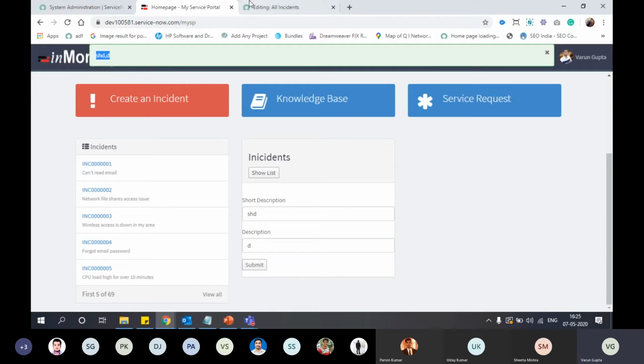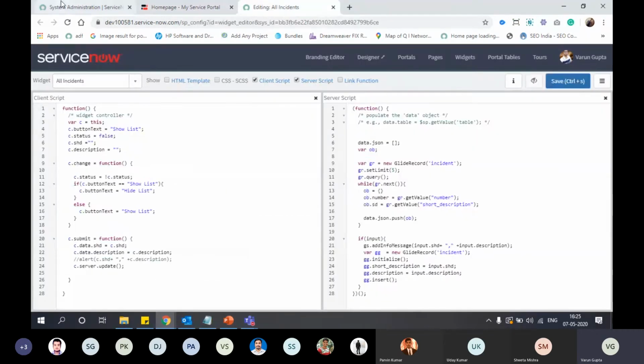It is coming to server script and it also inserted an incident.